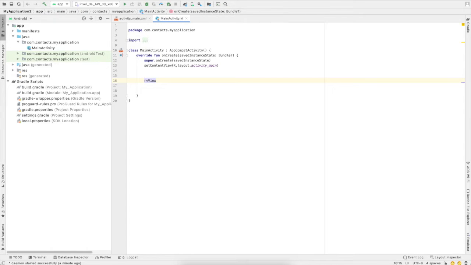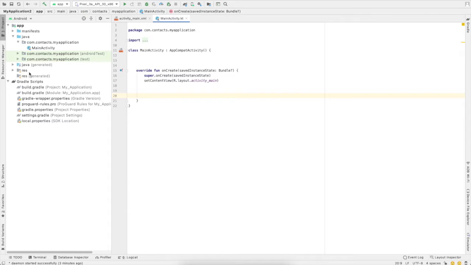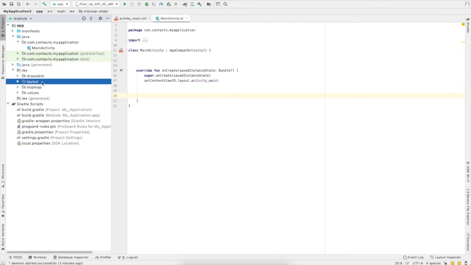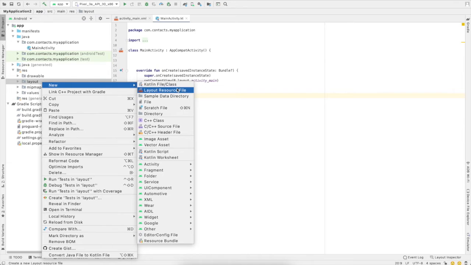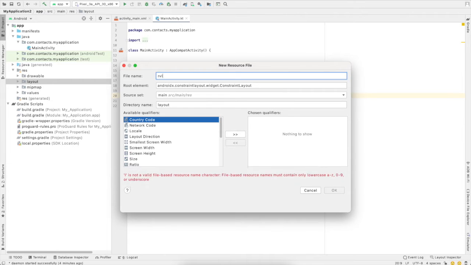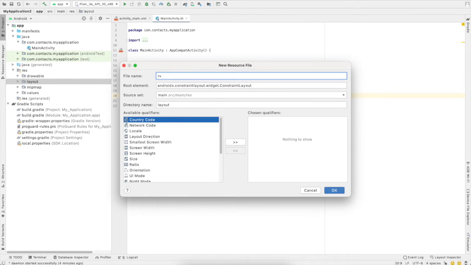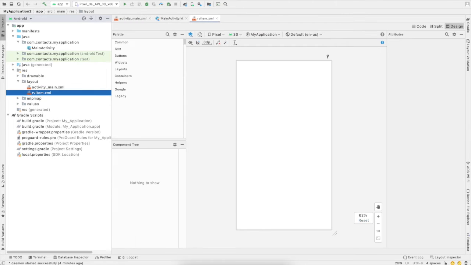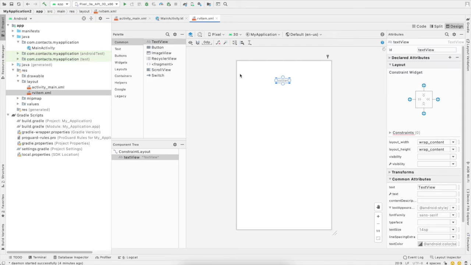Okay, create one layout file by clicking over here, go and click on the new button and create a layout file, like I say, rv item. It does not accept capital letters, so just small letters, the rv item file, and click on ok. For the time being we can take one small text view over here and attach this text view, right?